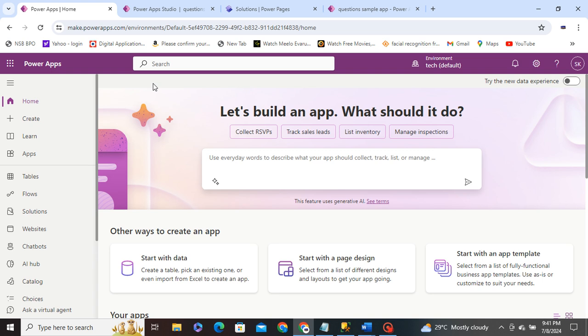Then next, third example. Employee onboarding app. Scenario: streamlining the onboarding process for new employees. Solution: create an onboarding app that guides new hires through the necessary steps, such as filling out forms, reading company policies, and completing training modules. This app can be integrated with Microsoft Teams for communication and